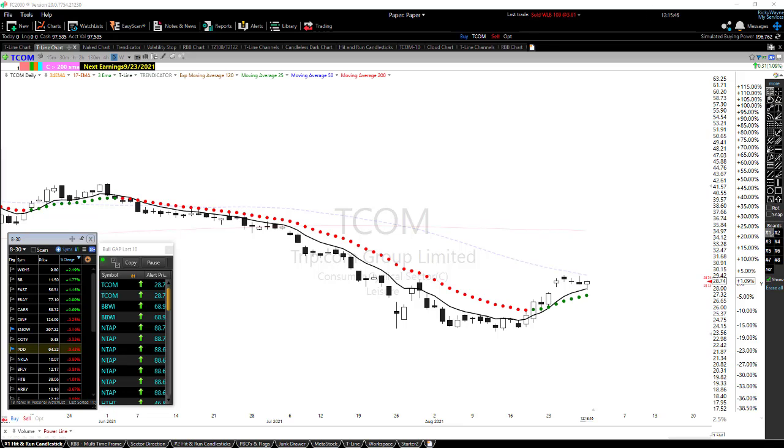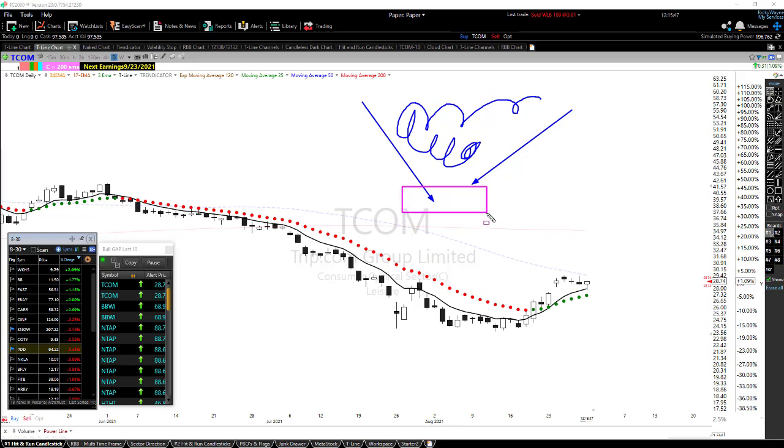The scanner is just mechanical. All the scanner is, is a funnel. And in this funnel, you put in all these stocks. And then you have these different little alerts or setups in the scanner, and you can have as many as you want.